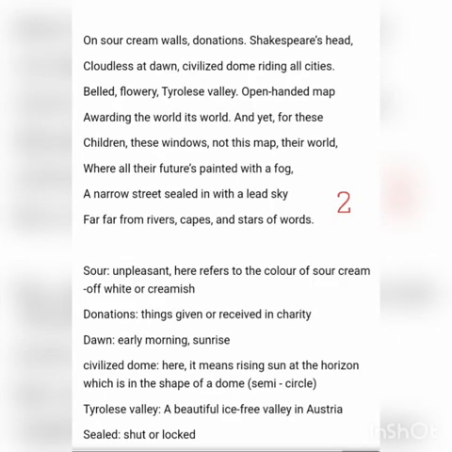Now in the second paragraph we will see that a wall of the classroom is shown, and this wall is a sour cream wall, meaning a dim, unpleasant, faded wall, which is filled up with donations, charity, where Shakespeare's picture, the maps, the sceneries, all these things are put on the wall. It is full of all these kinds of charts, items, maps, pictures, and the kids feel that for them they are nothing.